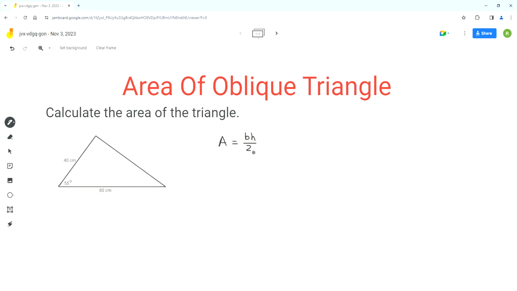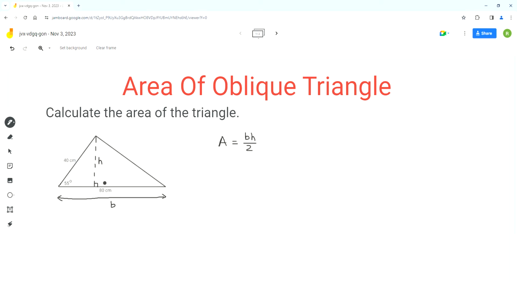So B represents the base length of the triangle and H represents the height of the triangle. Now in this triangle, this side here, the horizontal side of this triangle represents the base of this triangle. So this base length 80 centimeter is the B value. The height of this triangle is represented by this broken line that I'm drawing on the board. So the length of this line represents the height. So this is a line that's drawn from the top vertex and is perpendicular to the opposite side of the